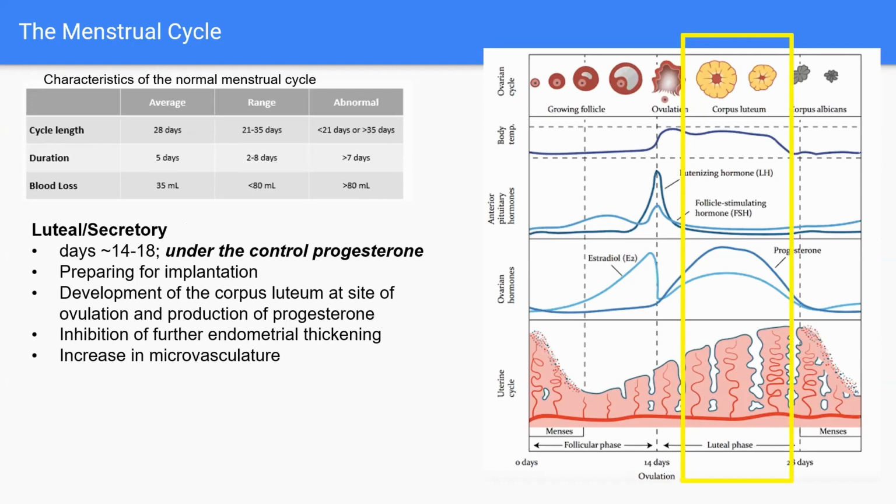I forgot to say, but ovulation occurs right at the end of the follicular phase. So that's when the egg is going to be released. So in the luteal phase, we're just waiting. The endometrium's just chilling to see if there's going to be implantation, right? Did this female become pregnant? And so growth of all of that microvasculature is really helping the endometrium to prepare for possible implantation.